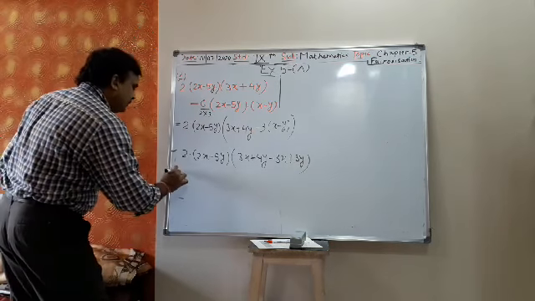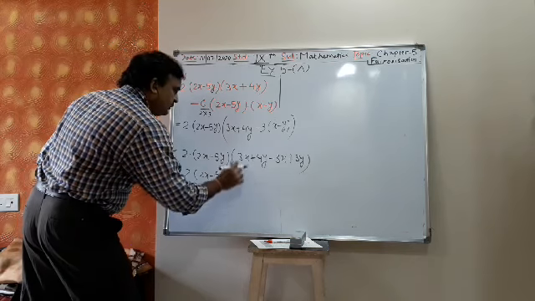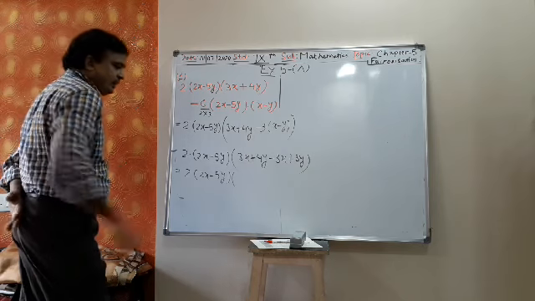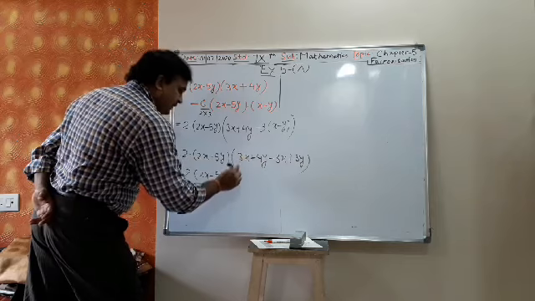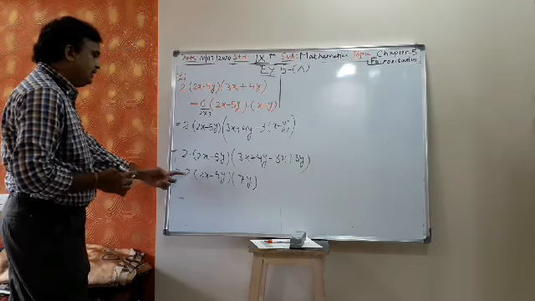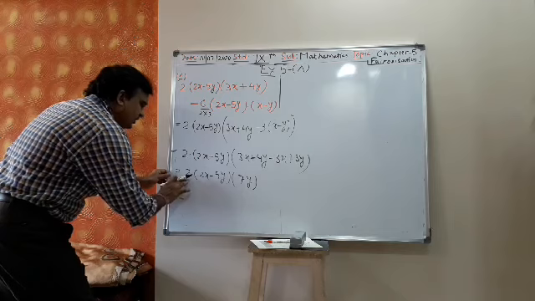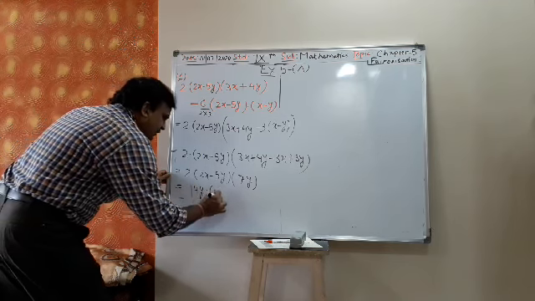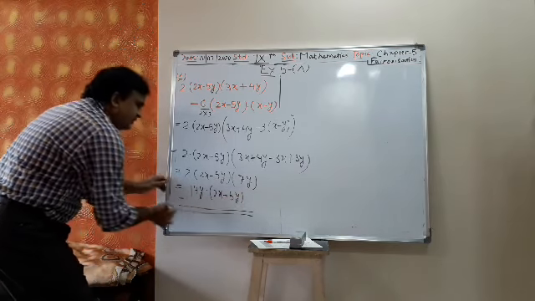Now we simplify. So 2 into 2x minus 5y into 3x minus 3x. Yes, 3x minus 3x get cancelled. Plus 4y plus 3y is plus 7y. So plus 7y is left. Now you can multiply 2 and 7: 2 into 7y, 14y. 14y into 2x minus 5y is the answer. This is my answer.